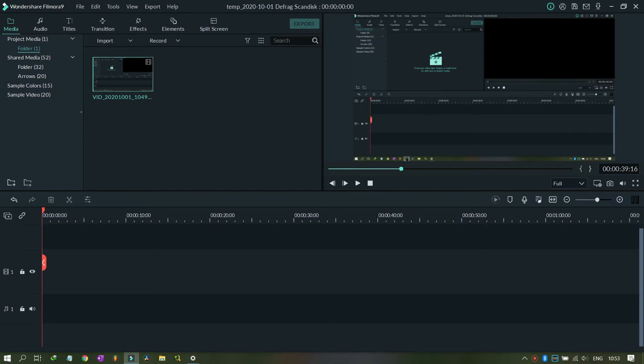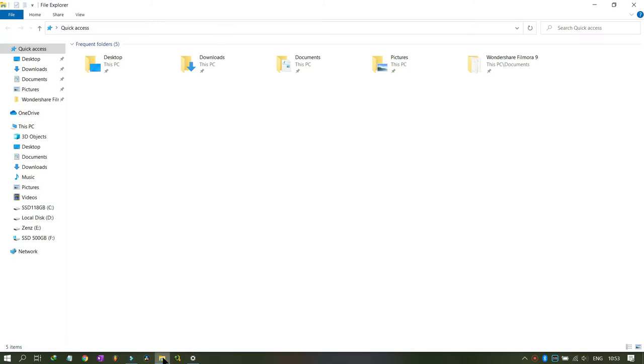Okay, so let's begin. First you open Windows Explorer. You click on this small icon showing the folder, that is Windows Explorer, or you can press the Win key with the E button. Keep the Win key pressed and press E, and Windows Explorer will open. So this is the interface of Windows Explorer.